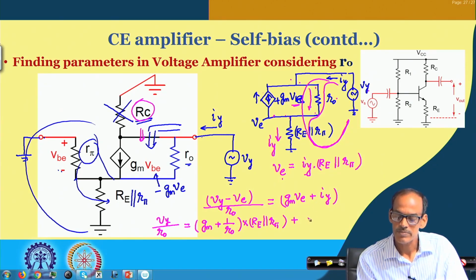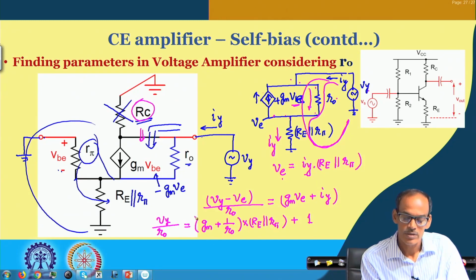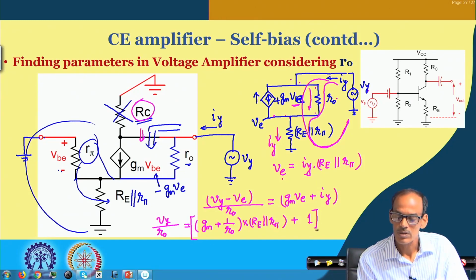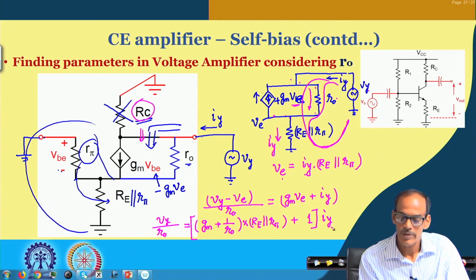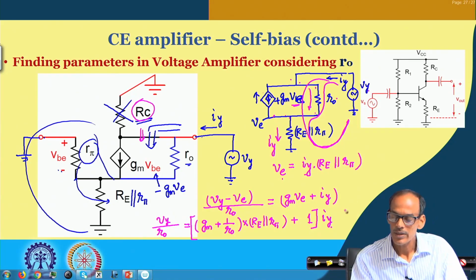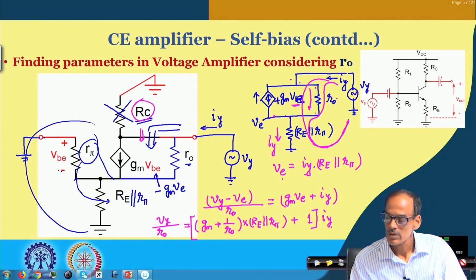So, we can say this plus 1 into IY, right. So, that gives us the Vy divided by IY expression,